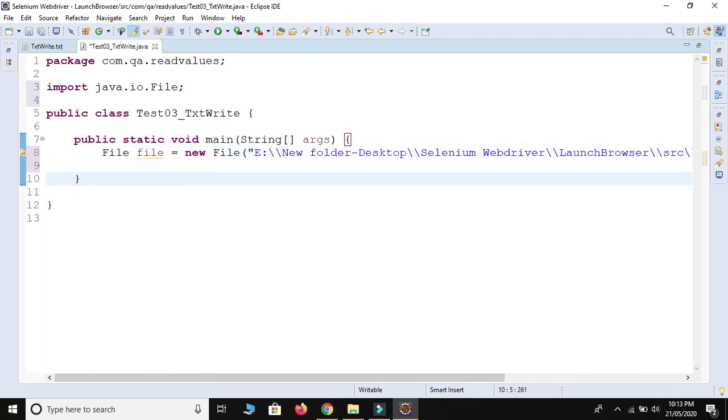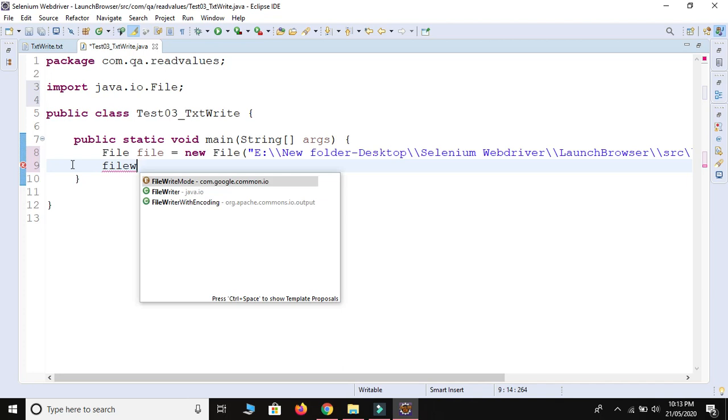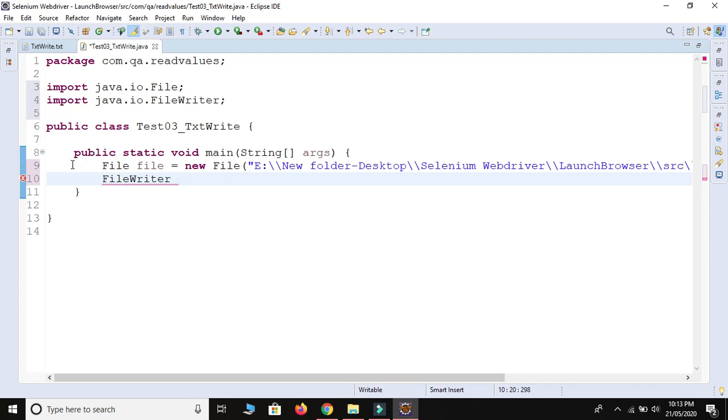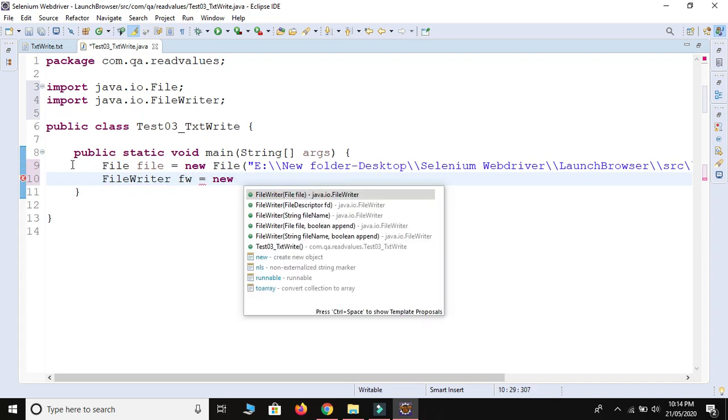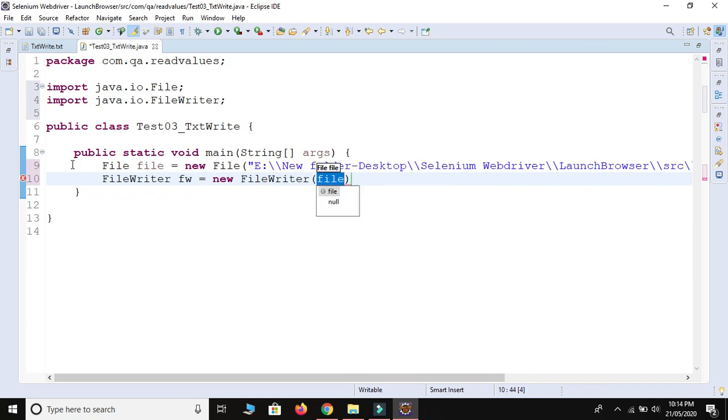To write something into a txt file, we need to take help from the FileWriter class. FileWriter fw is equal to new FileWriter, and then we provide our file to this file writer, meaning within this file we are going to write something.